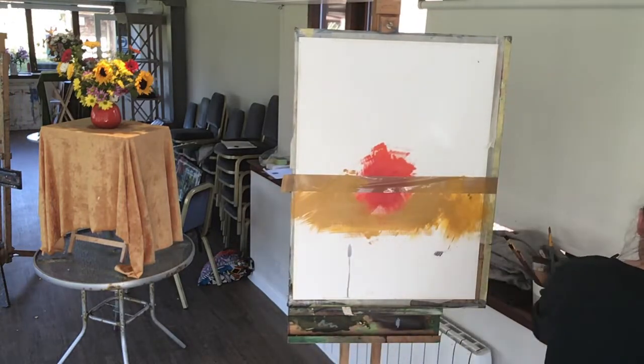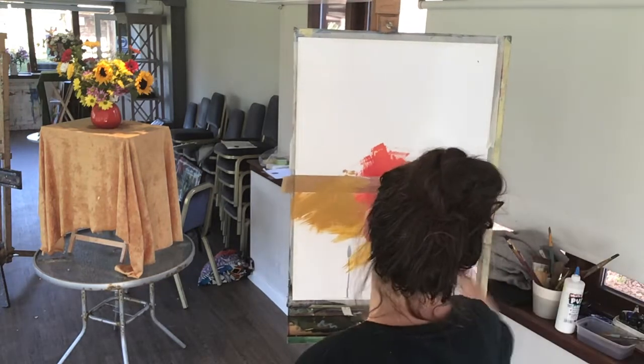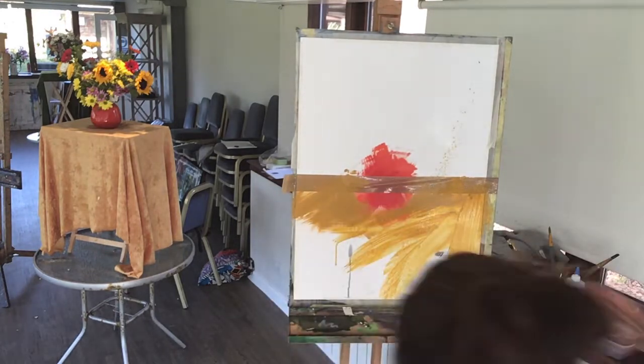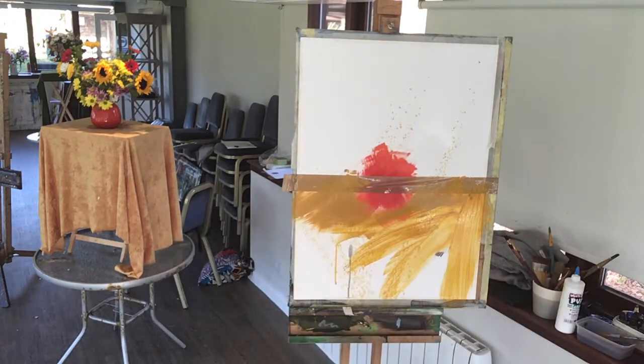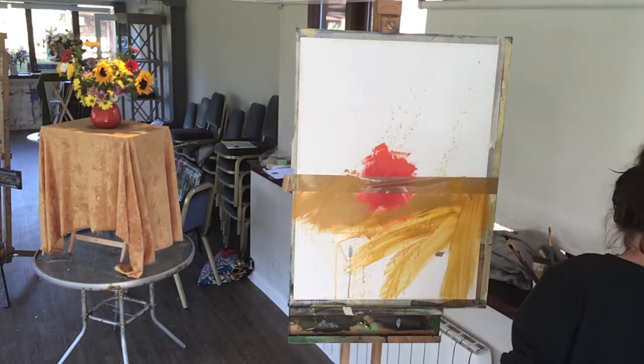So just to have some kind of a beginning there. I'm going to use a thicker brush now with some water on it. And just see what happens there. It's great fun, to be honest. There's something very,